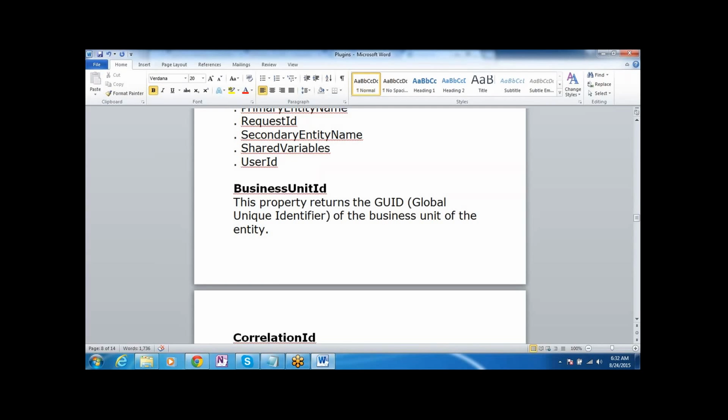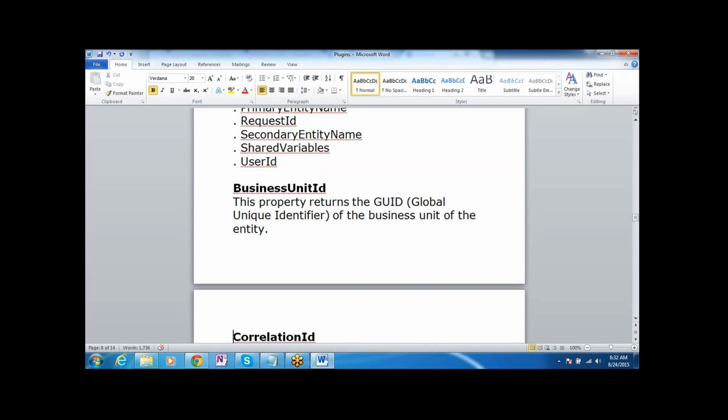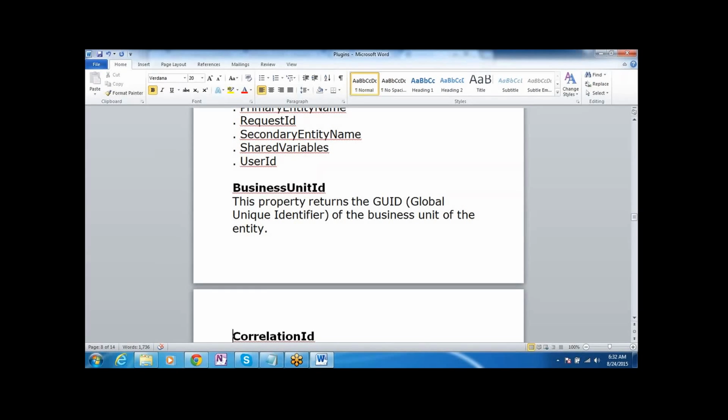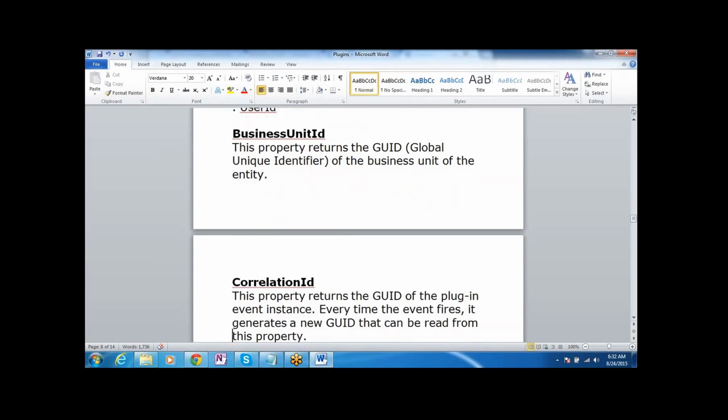This entity is related to which business unit, that business unit GUID it returns in the context. Through the plugin you will be able to get the business unit id through this property.